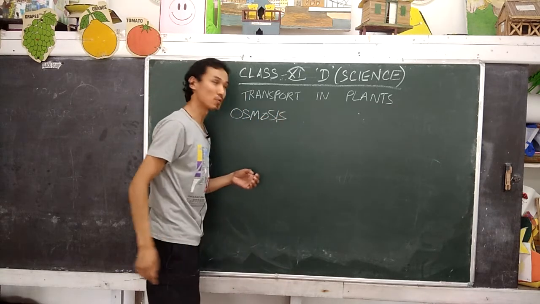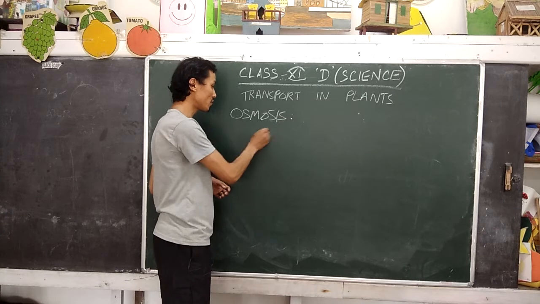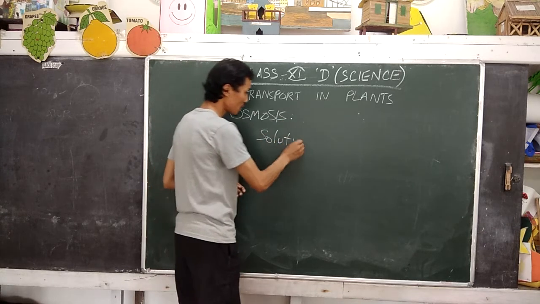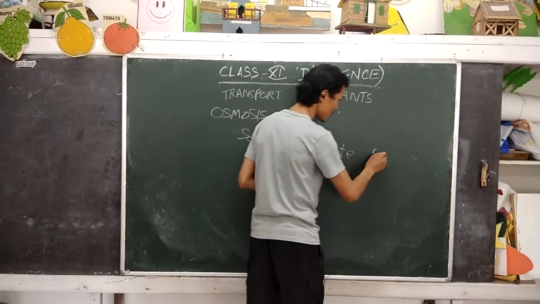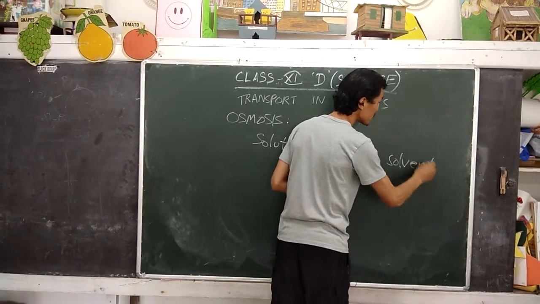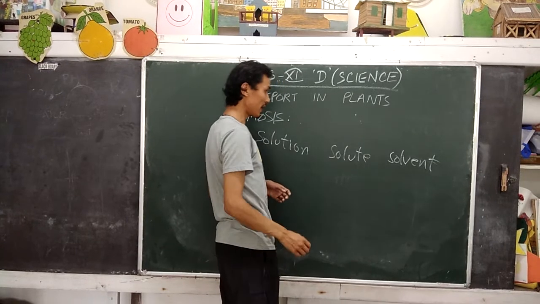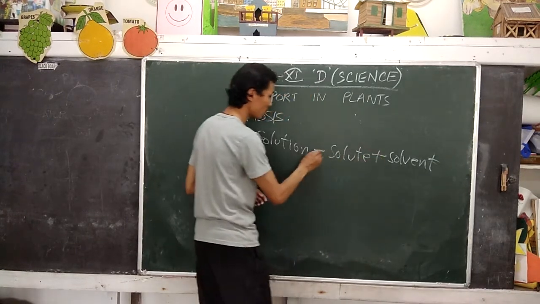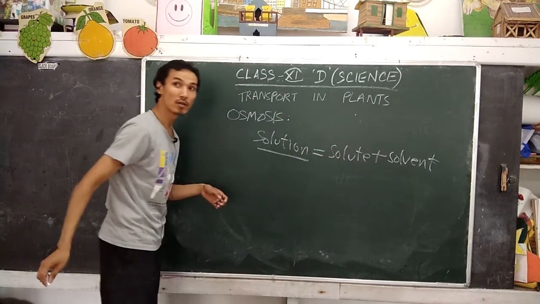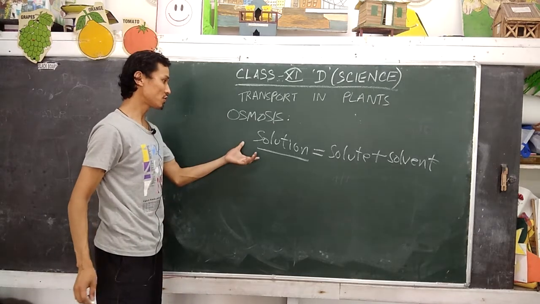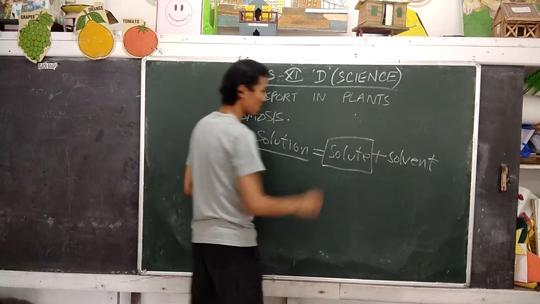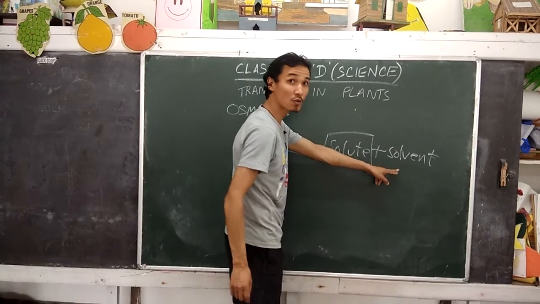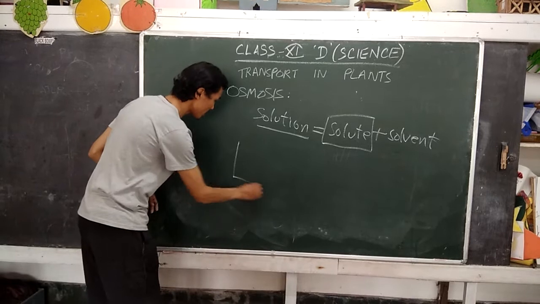So before we go into osmosis, there are a few things that you have to remember, like what do you mean by a solution, a solute and a solvent. Basically, when you add solute to a solvent, what you'll be getting is a solution. So if we talk about the concentration of a solution, it is always regarding the amount of solute present in the solvent. For example,